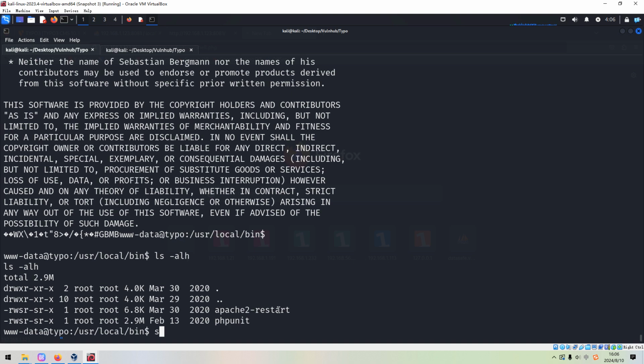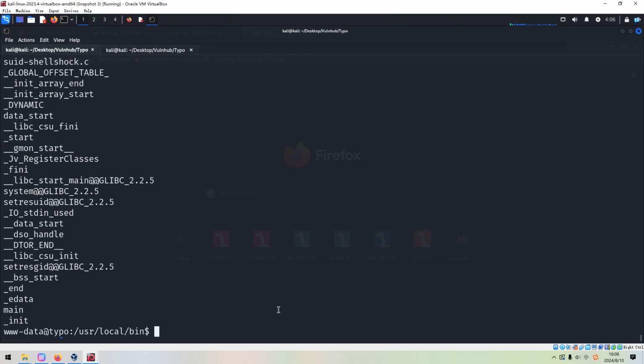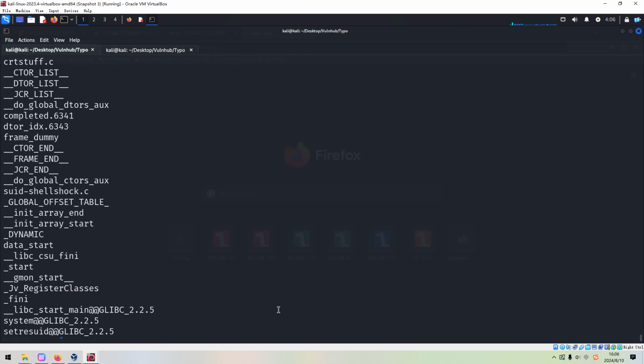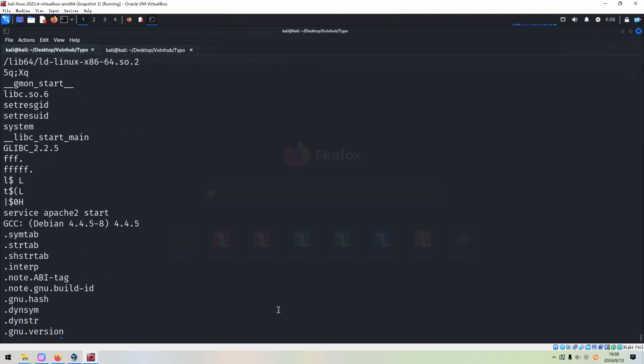So next we can use strings to display the readable characters. And as you can see, this executable is running service apache2.